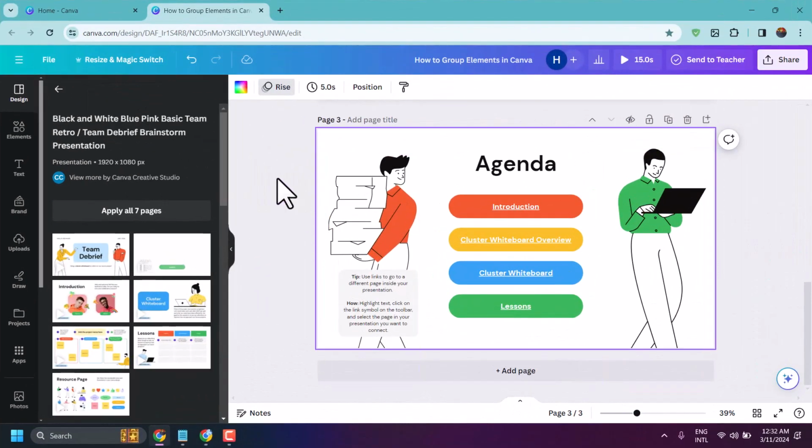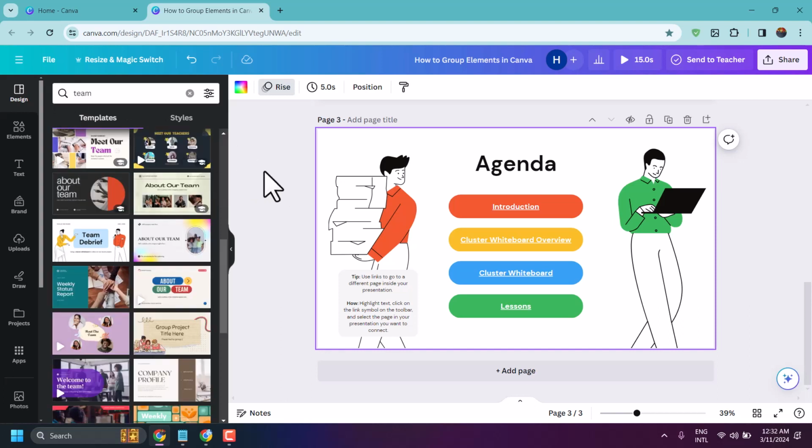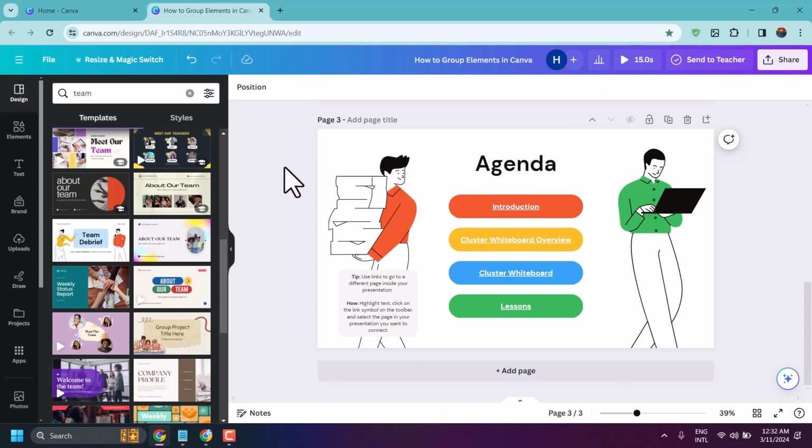In this video, I will show you how to create your post for almost all types of social media in just one click in Canva. So guys, we can see we have this